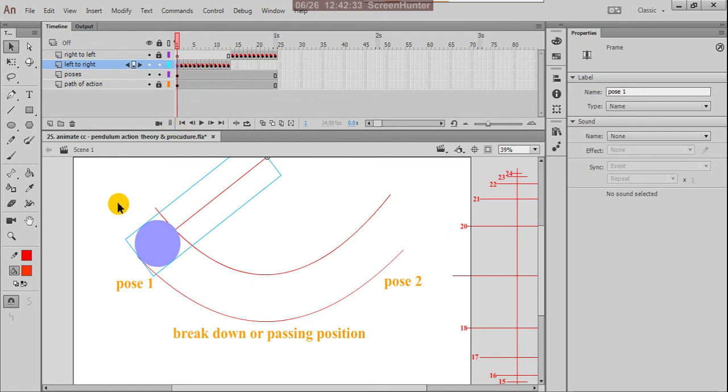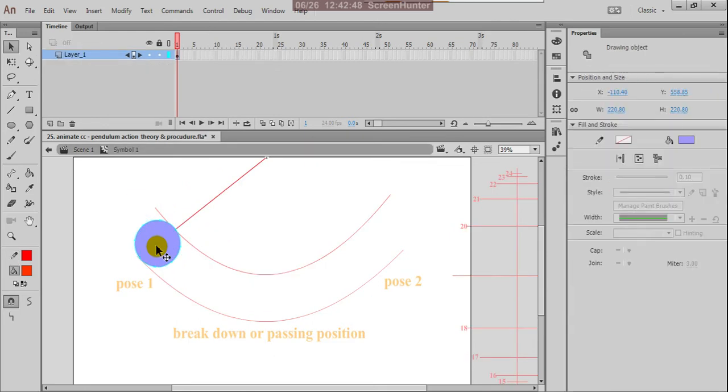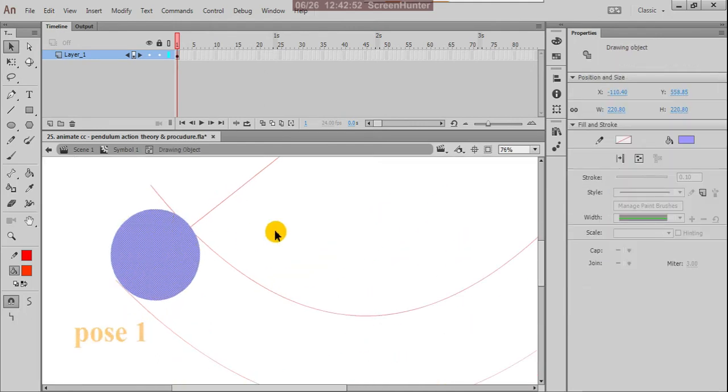Because it's already converted into a symbol, give it to one pendulum, then automatically it will apply to all the other poses. So you can double click on that, and choose your color.